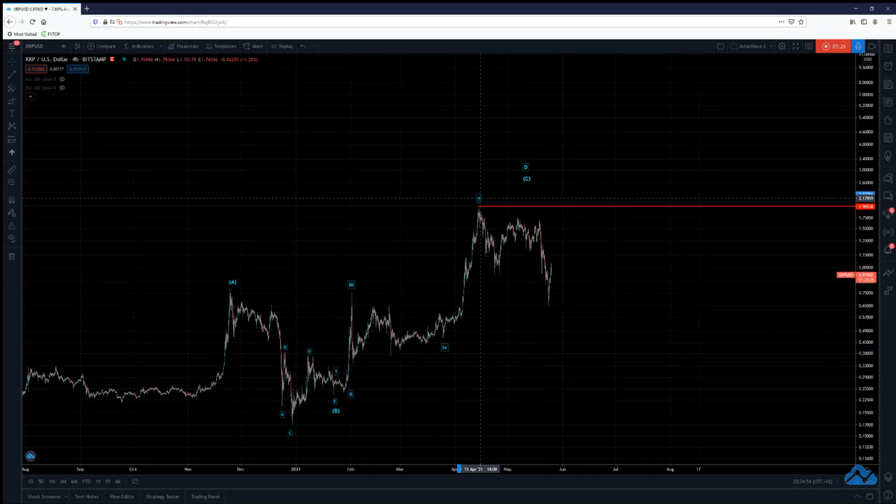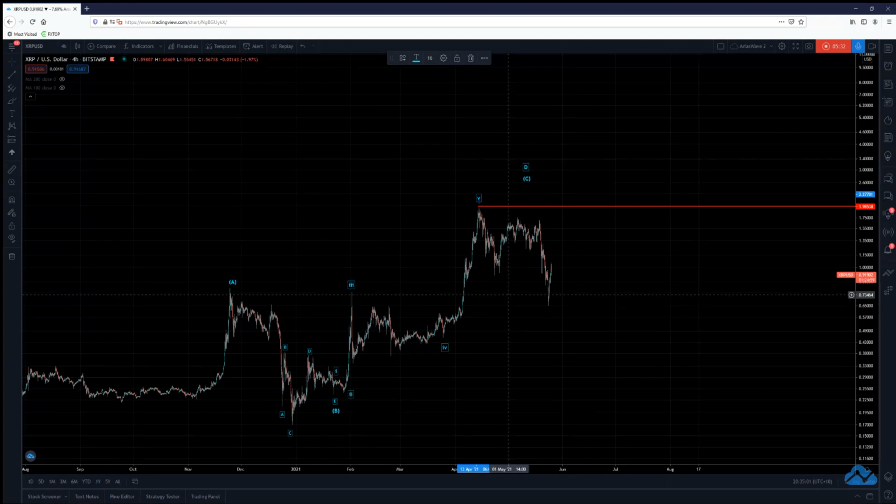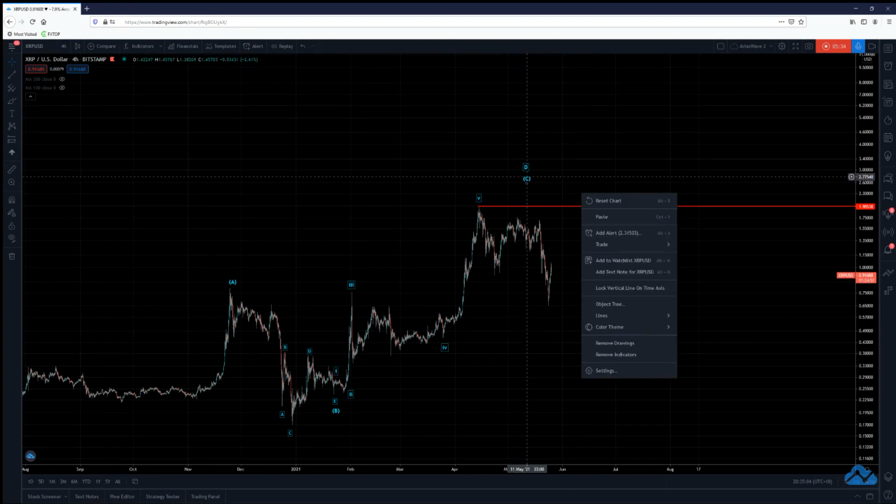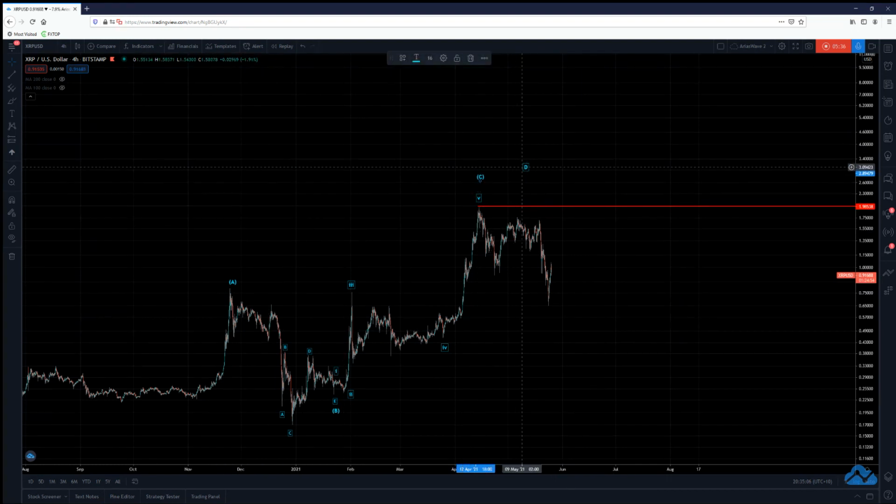So basically, I was calling the top already, and it ended up happening. So we never ended up getting that extra high. Now, one thing that I find interesting about this is that if this is right, then I was right the first time rather than the second, which is quite weird because